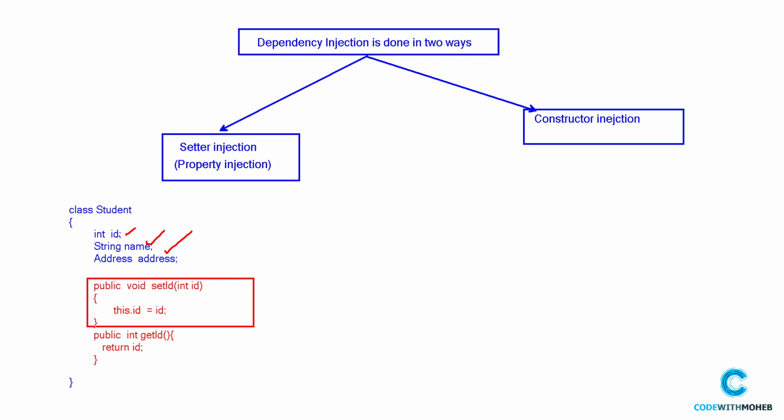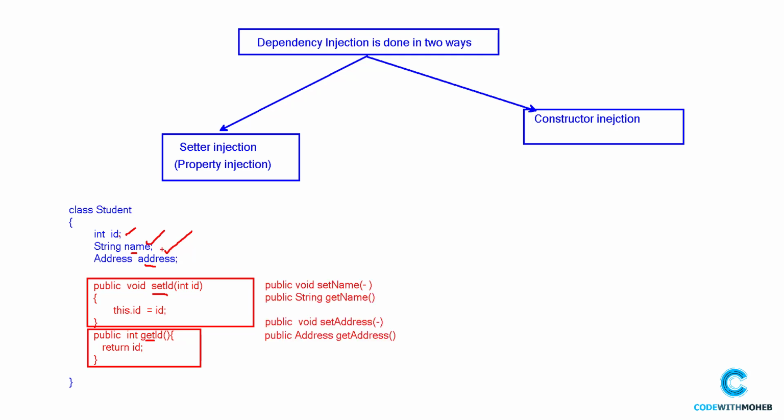This is a setter method, and also to get this value, we have a getter method. The same setter and getter methods we have for the name variable and for the address variable. It means that for the name variable we have set name and also get name, and for the address variable we have a pair of setter and getter, that is set address and get address. Through these we can get values or set values. The same